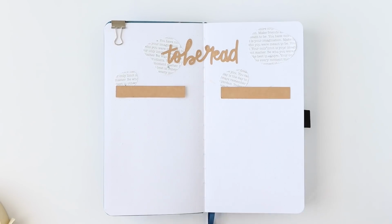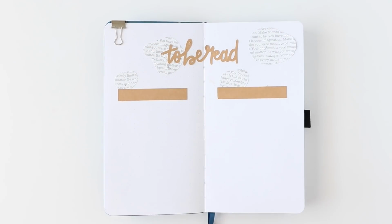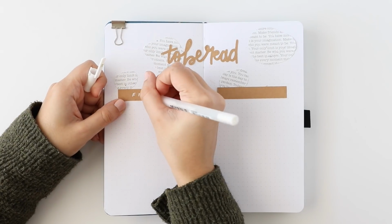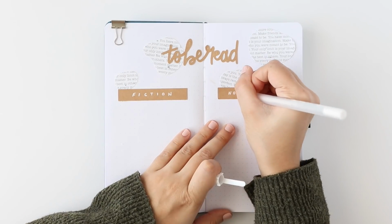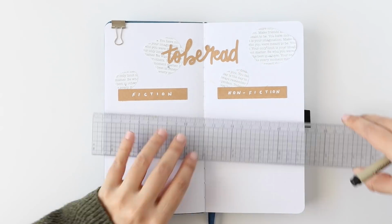I also used my Cameo Silhouette 4 cutting machine to cut out my own handwriting of the spread title onto craft paper, and these pages, as you can see, are a spot for recording all of my to-be-read books. There's a separate page for fiction books and nonfiction books, and for every book that I add to these lists,